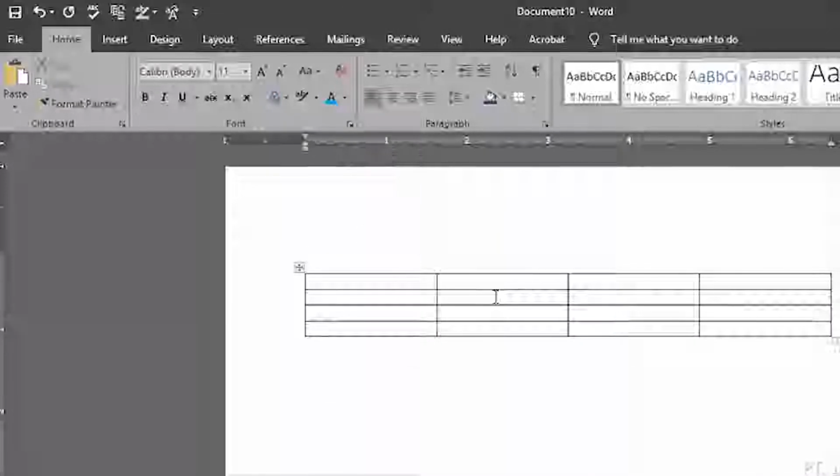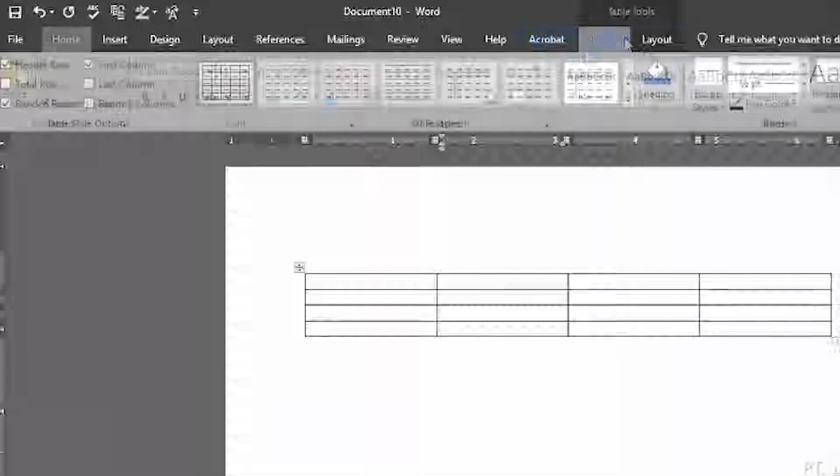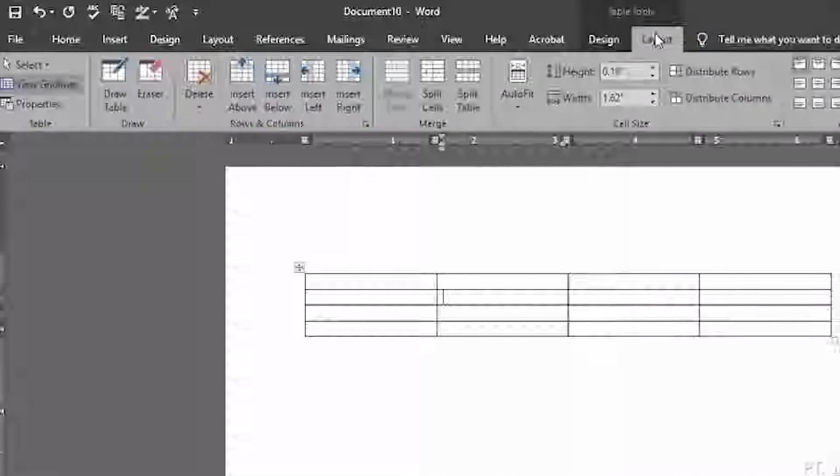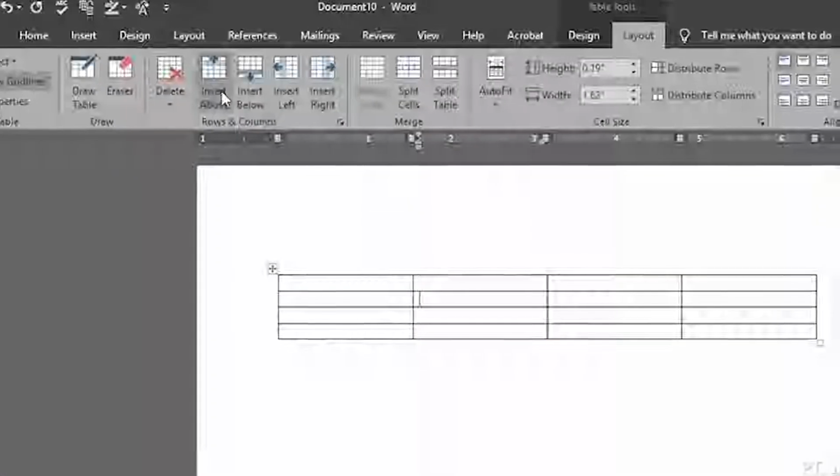Now for this table, let's see what we have here. So now you see the different design options. Don't get too carried away with that. It's a little bit more important to make sure that the layout and the information in your table, that's where your focus wants to be. So here you can draw your table again, where I showed you that, delete the table. This